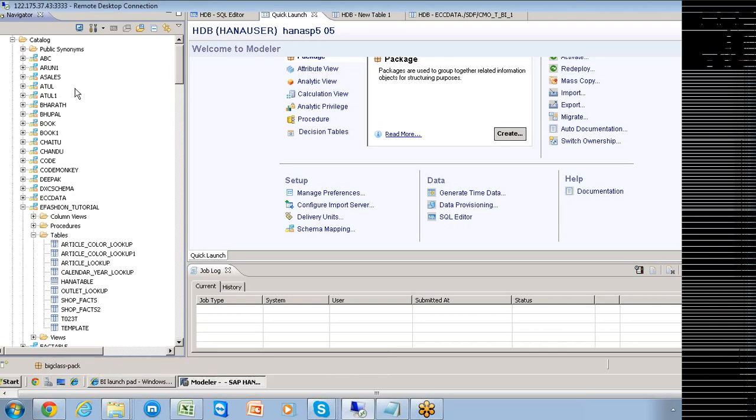He can use any of these tables in the different schemas as base tables for creating different types of views, whether it is an attribute view or a calculation view or something else. Such flexibility has been provided in SAP HANA. Anand, you got my point, right?